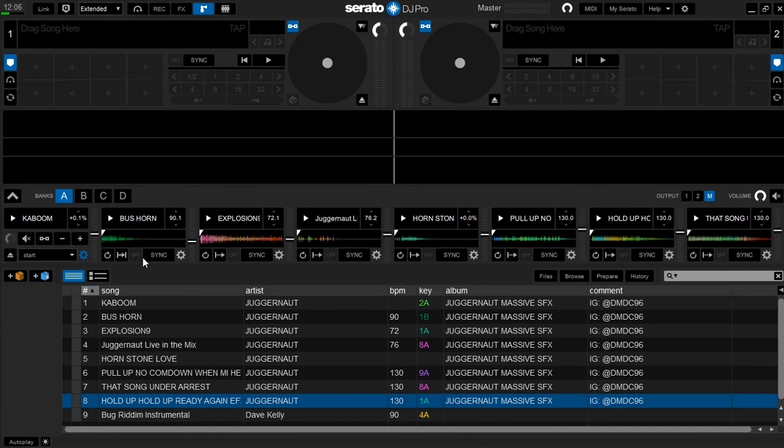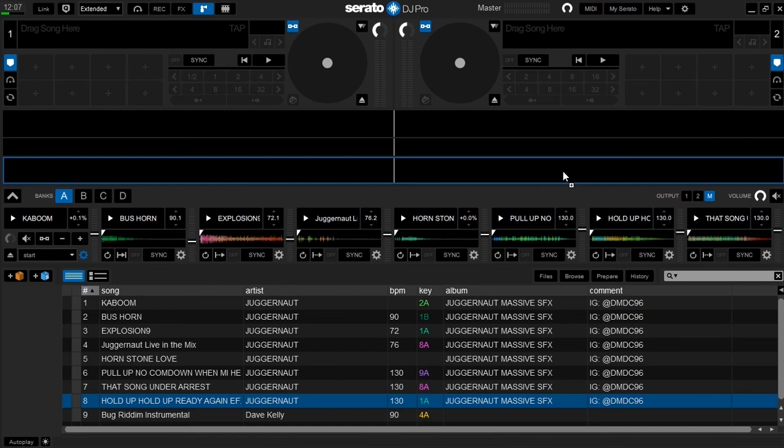Alright, the third one I have is an explosion and all of that. So all of that is in place, and you can set the samples to whatever volumes you want. Alright, I'm going to show you with this second to last one here. This one is a pull-up that says